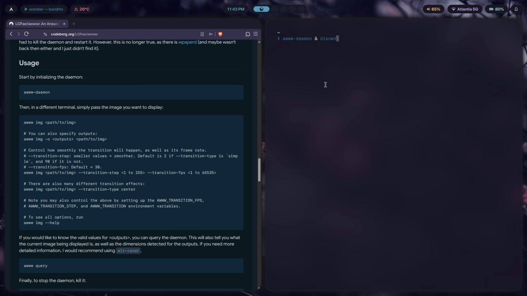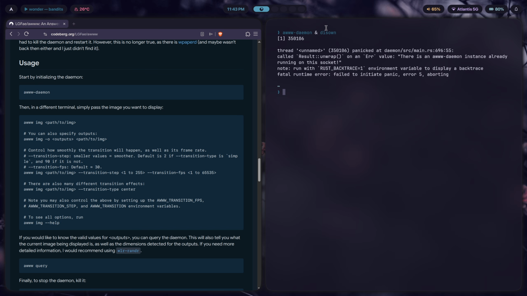but if you actually end up getting rid of the compositor itself, like let's say you log out or it crashes or something like that, of course, with no graphical environment to actually display this, it's not going to be running in the background, which means that it works perfectly in our scenario. So you just type in awww daemon ampersand disown and you hit enter, and you are going to get an error in my case because it's already running,